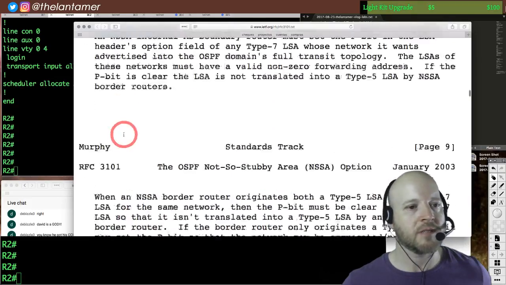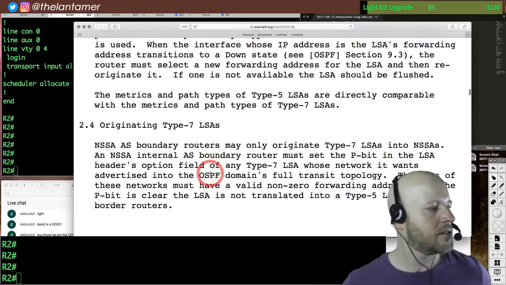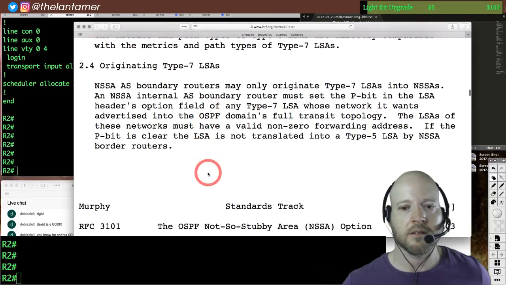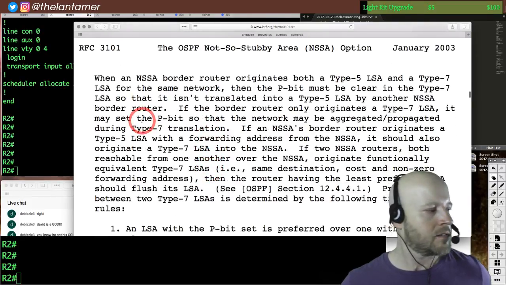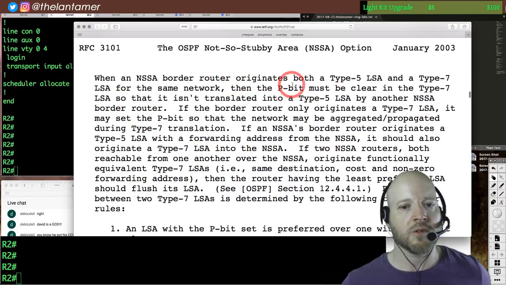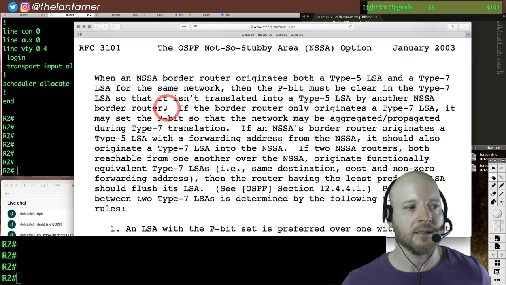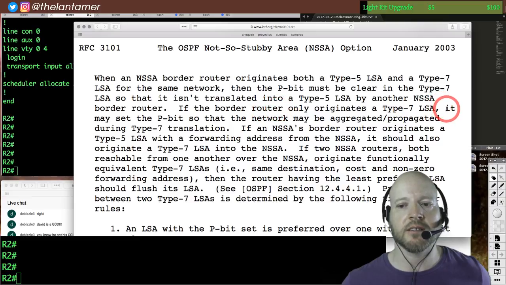Originating Type 7 LSAs. When an NSSA border router originates both a Type 5 and a Type 7 for the same network, then the P bit must be cleared in the Type 7 so that it isn't translated into a Type 5 by another NSSA border router. If the border router only originates a Type 7 LSA,